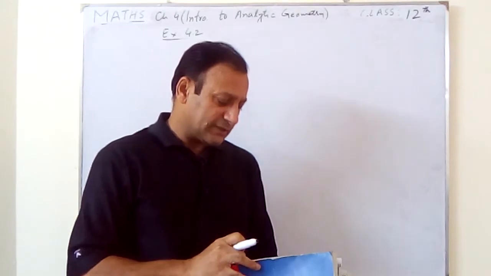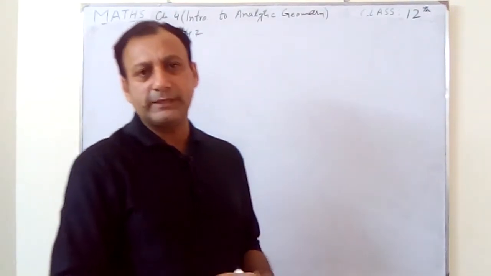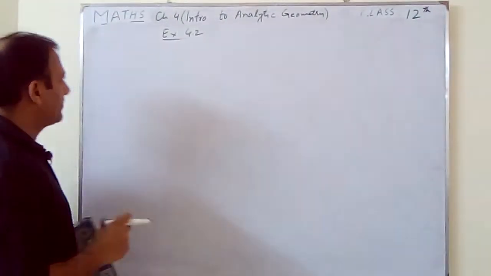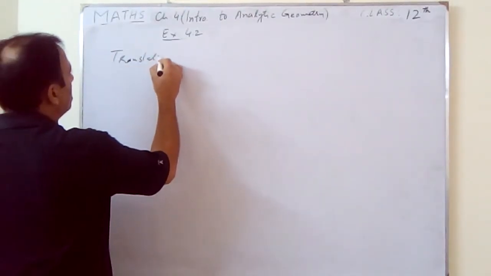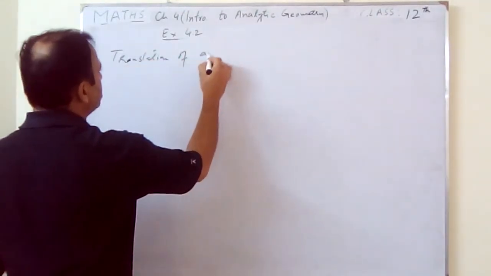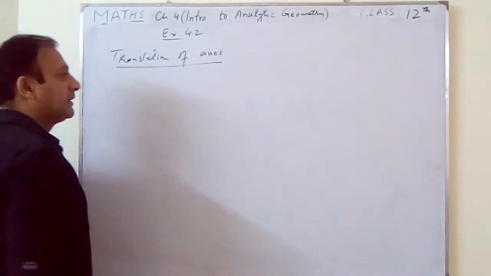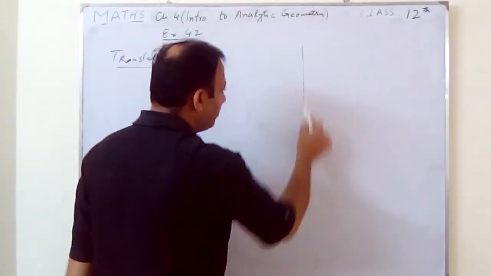Before exercise 4.2, there are two things which are very important, small topics. Translation of axis. Translation of axis means that if we have